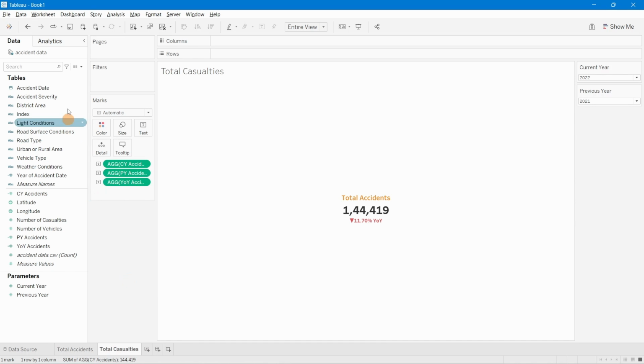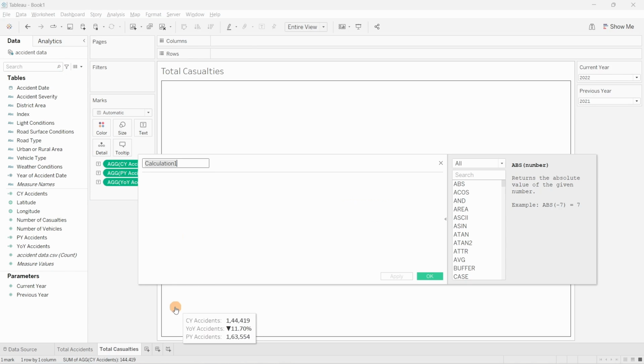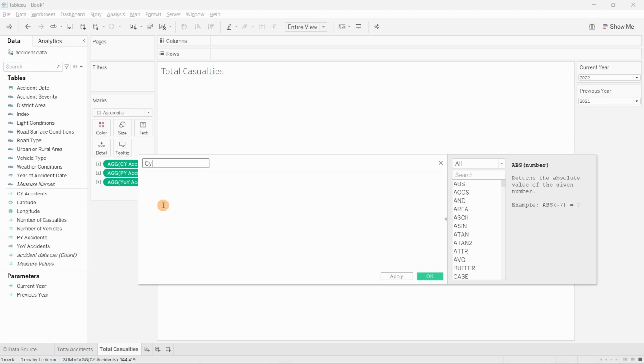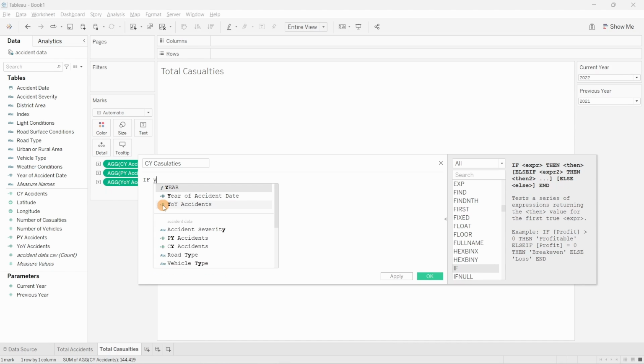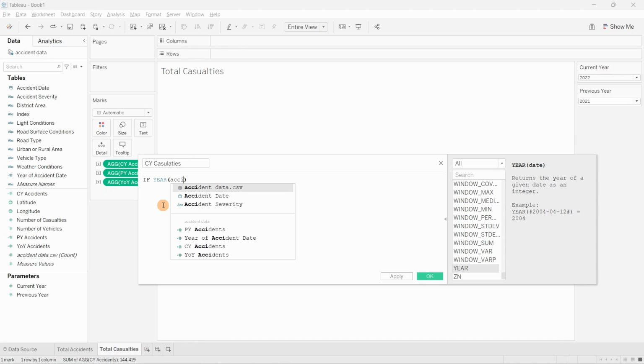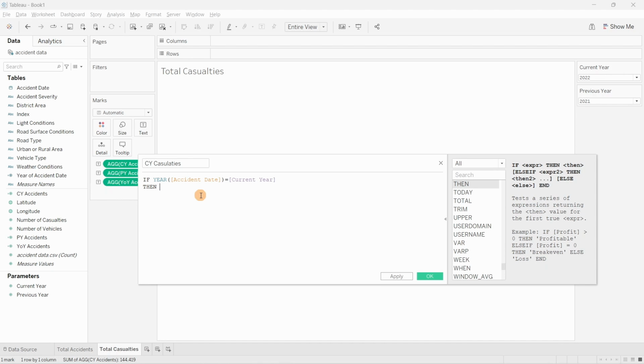Now what we have to do is write one more calculation, and I will name it as current year casualties. Okay, so now in this case we have to determine the current year casualties. So how can we determine this, right? So I will write one more formula for this. If year of accident date, same formula we will be using. If year of accident date is equal to current year, that is the parameter, then we want, okay, so